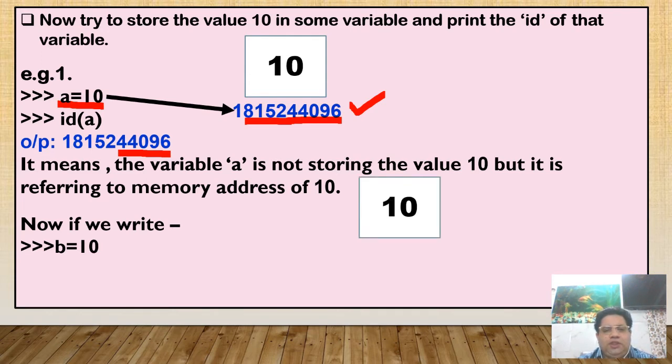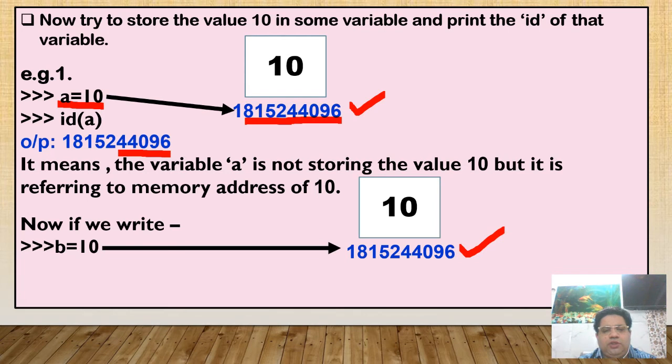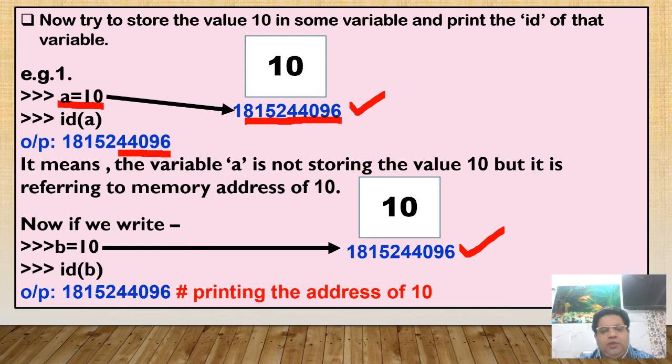See, here 10 is stored in memory. The address of 10 is this, and if I write b equal to 10, now b will also point to this address. Now if I print id of b, it will give the same value, the same output. See, if you compare this output and this output, they are the same. So here b is also pointing to the address of 10.